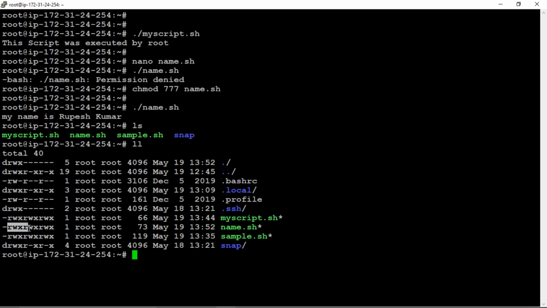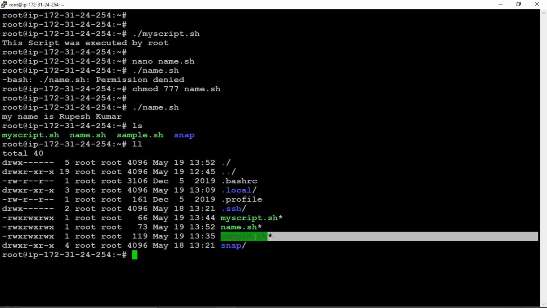So for my script.sh, for name.sh, and for the sample file, all three are having read write execute permissions. Right? So now I'm just copying these files to the temp folder.